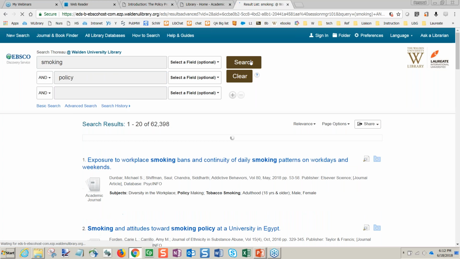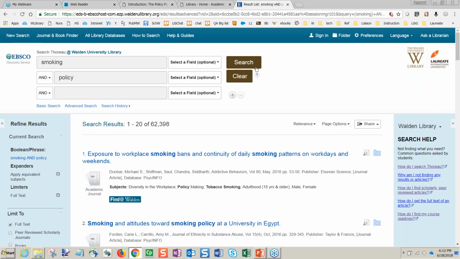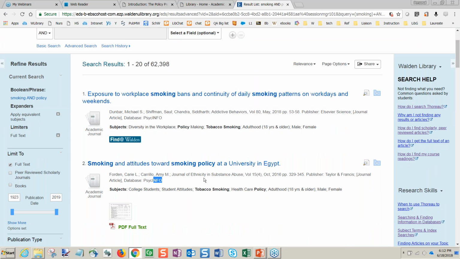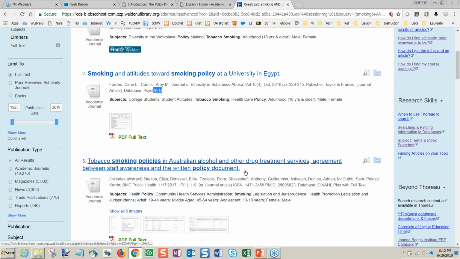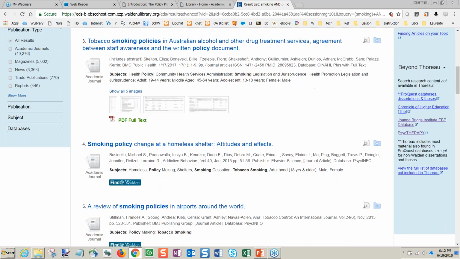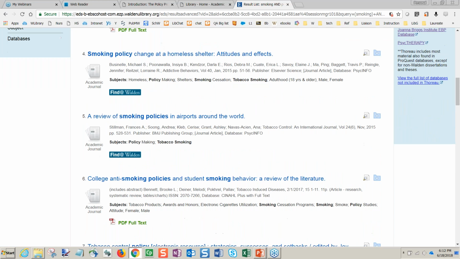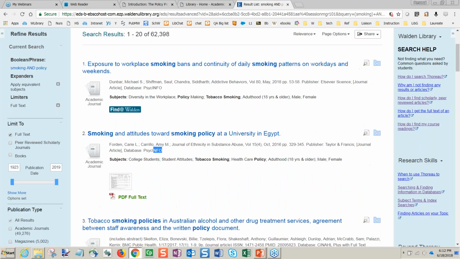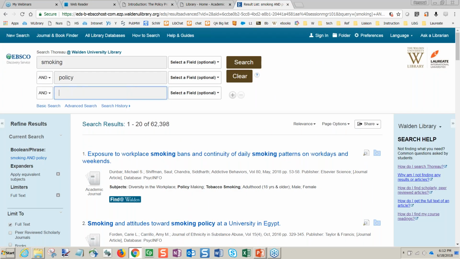And this time, I'm not really going to look at the subject headings as much as the database that it came out of. That one's out of PsycINFO. This one is also out of PsycINFO, but that's Egypt. We don't really want, and we don't really want Australian. We just happen to talk about the United States today, and it doesn't always work really well, but it can work well if you put United States or